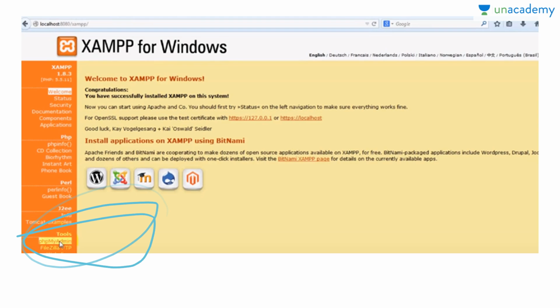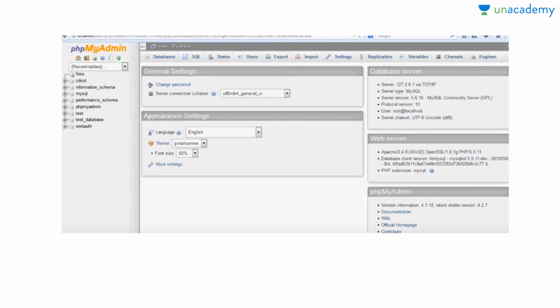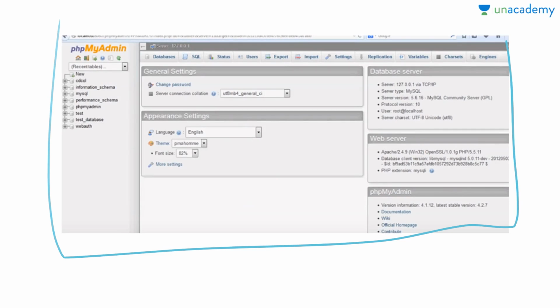So simply, phpMyAdmin is the database for your localhost, where you can code up and see the things both ways. Now I'm going to show you the very first layout of phpMyAdmin. Here it is. This is the first layout for you. Here you can see there are loads of things which you can learn from this particular image only.